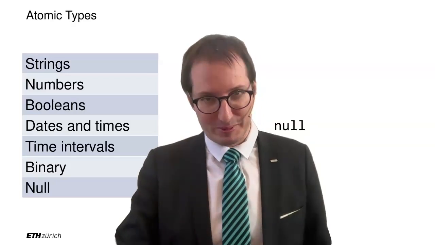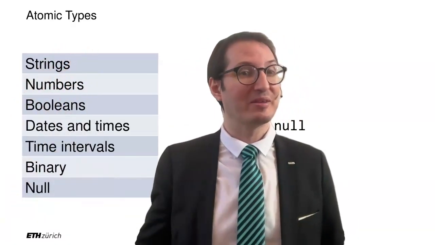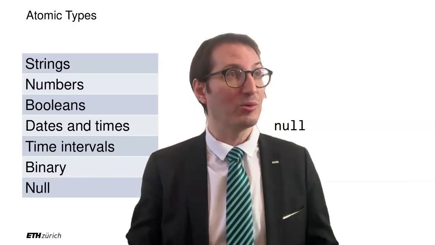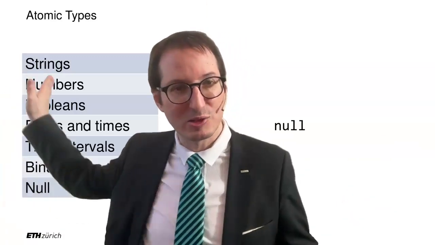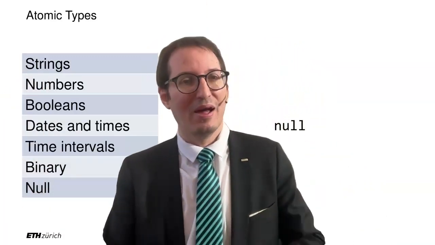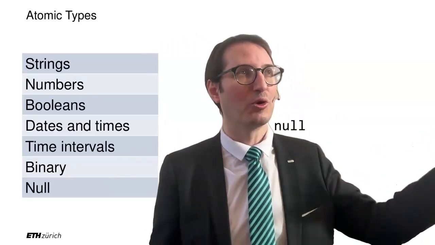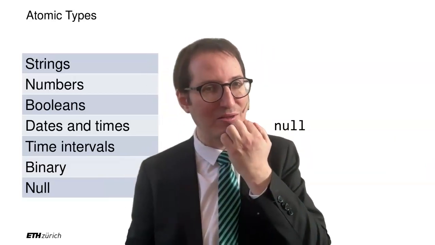An important point is that all of these that I've shown you, these families of atomic types, are actually completely agnostic of the technology. You can look at any technology, XML schema, JSON schema, Java, Python, and so on. It's always the same families of types. Now they might have different names, right? For example, I told you float in Python is actually double in Java and so on. So the names might actually differ.